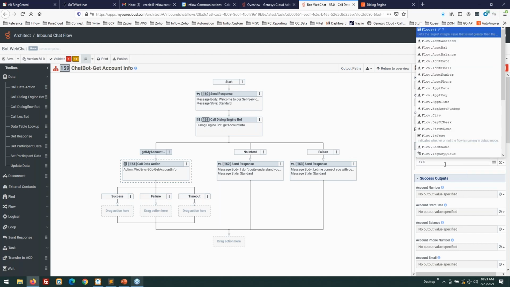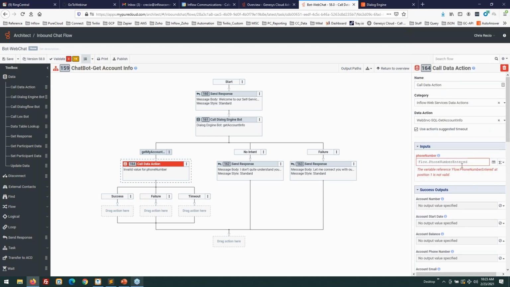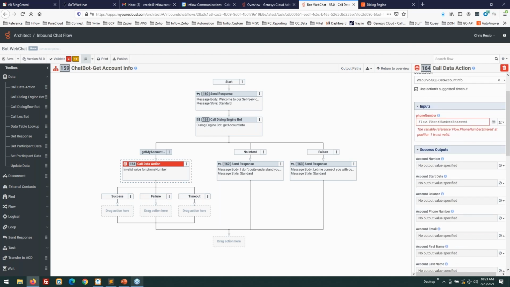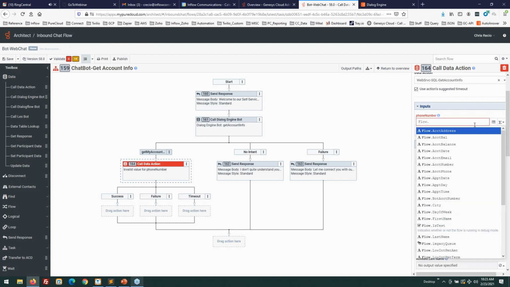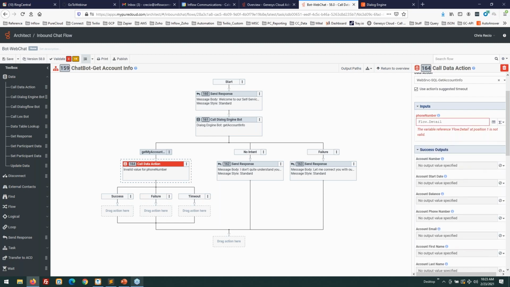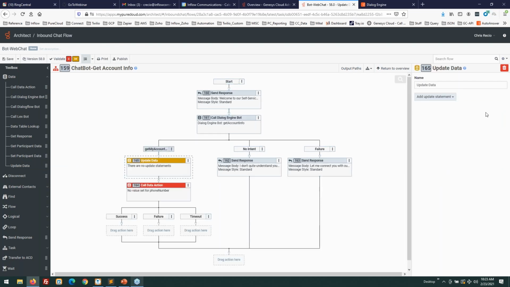So I'm actually going to store the phone number into a temporary holding place that I'm going to use to negotiate my conversation. So this here will be my flow number. Okay, let me create something else. What I want to do is first update my data. Let me do this, update data. The data is how I'm going to grab information, and I'm going to assign this here, flow details, and then I'll enter the number which I collect from my bot.